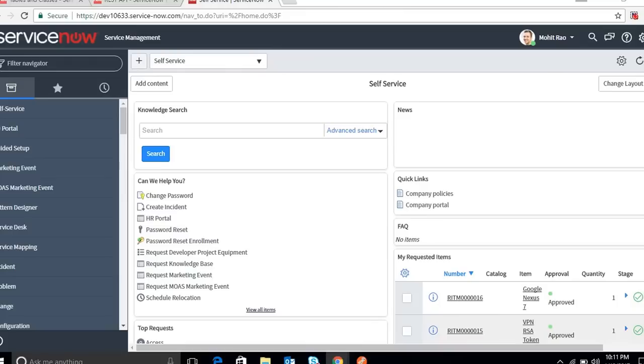So ServiceNow, as we know, is a cloud-based company, so it has rich web services to interact with. It has both REST services and SOAP web services, and using that you can do whatever you are doing using the GUI. Whatever you do in ServiceNow using the GUI can be done using REST and SOAP web services. So we'll focus on REST web services in this session.